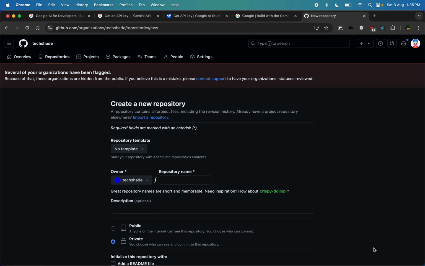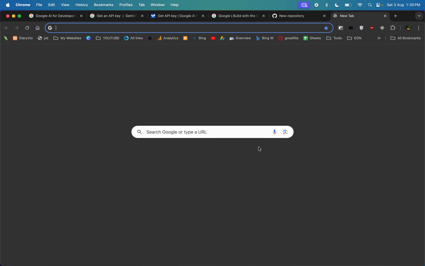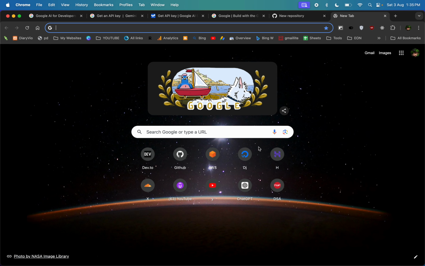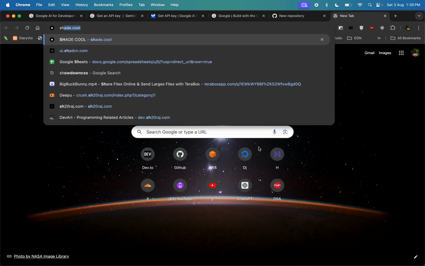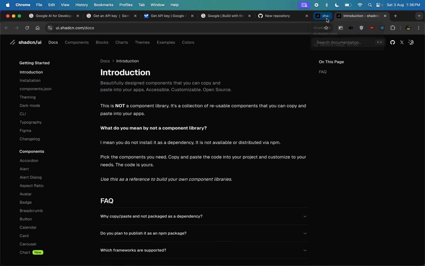How to integrate ShadCN in our Vite project and Vite React. So for that we have to go to Google, or any search engine, and search for the ShadCN website. Go to the ShadCN website and click on get started, and after clicking on get started you have to click